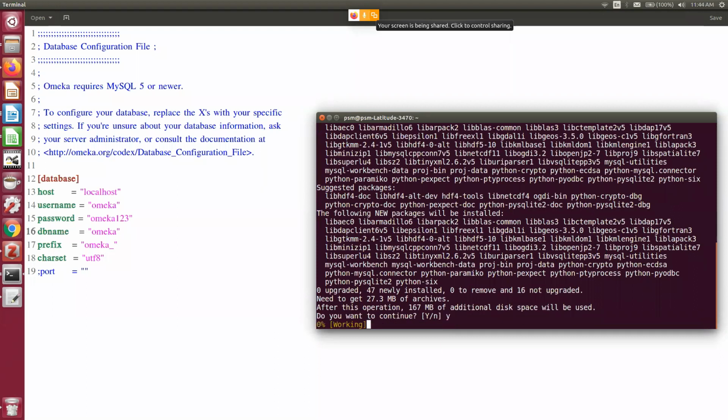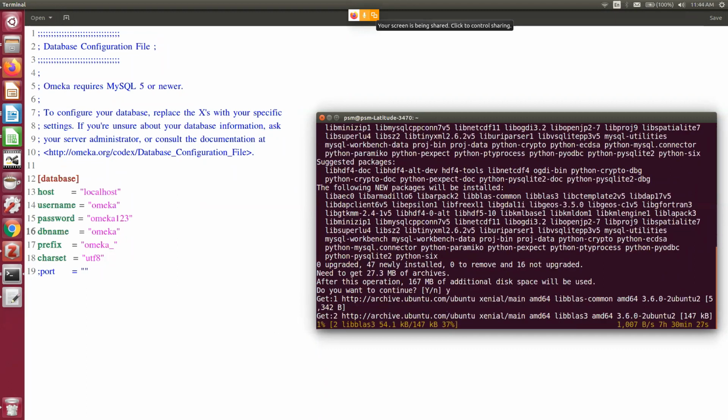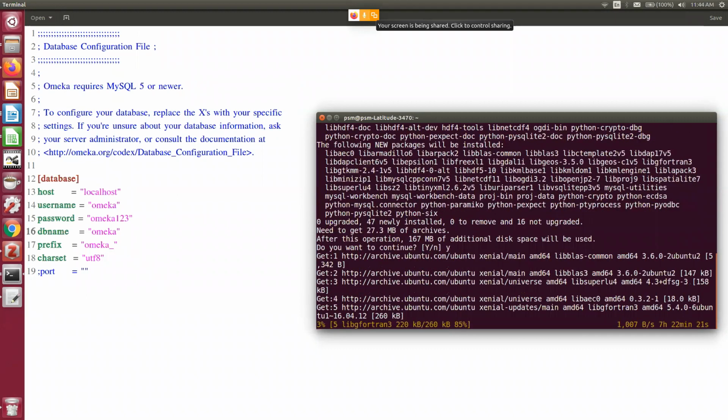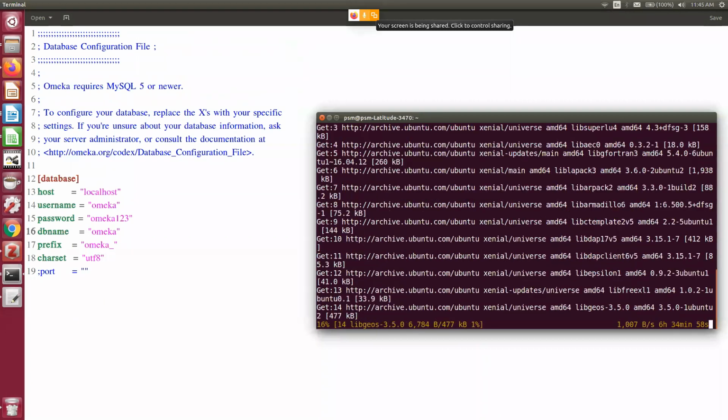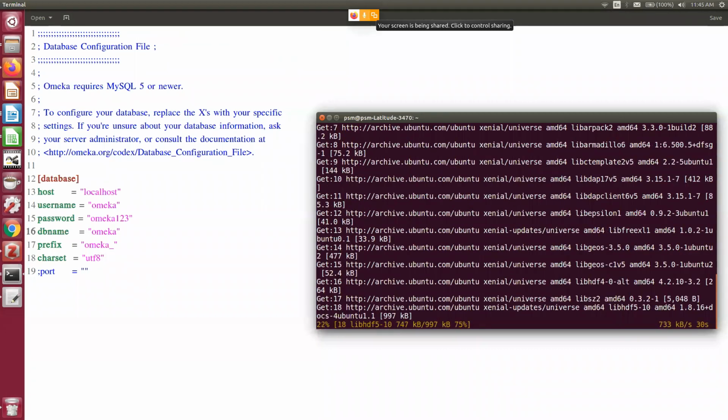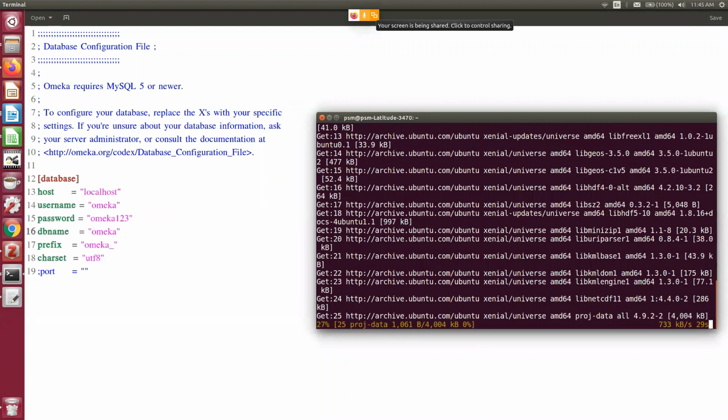Almost a 127 MB file it will collect, then it will install. It's a Python based program.